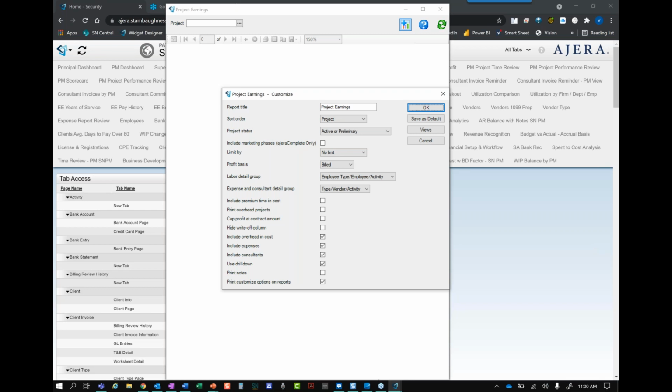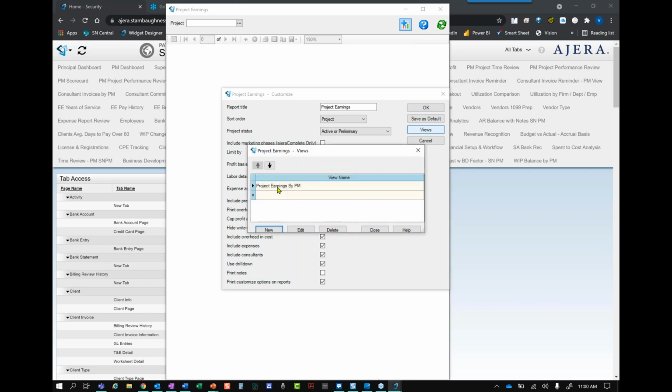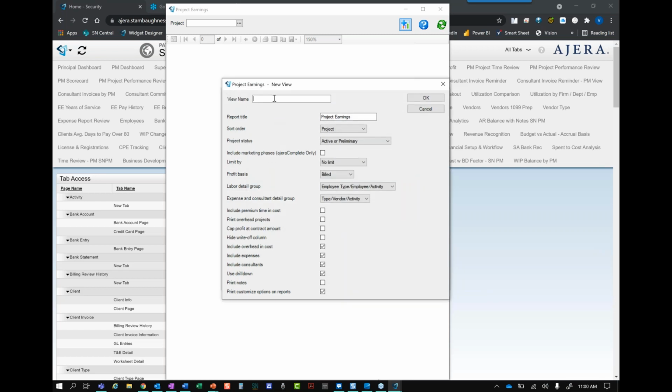Awesome. So we get to teach half of you something new, and maybe the rest of you will pick up on something also. So again, we're going to click on our blue plus in any report that we want to create a view of. And then we're going to click here in the views. And you can see I have already created a view, but we'll create a new one just so we can walk all the way through it with you. So we'll create a new one.